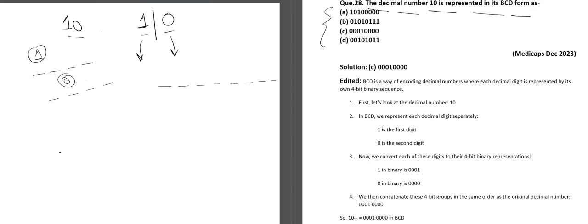As I have said earlier, the BCD representation is a 4-bit representation. Now we need to know the individual value of each of these bits. The bit which is present on the absolute left hand side will be the most significant bit, or MSB, and the bit on the absolute right hand side will be the least significant bit, or LSB. Now we need to know the individual values associated with each of these bits. BCD code is also known as 8421 code,